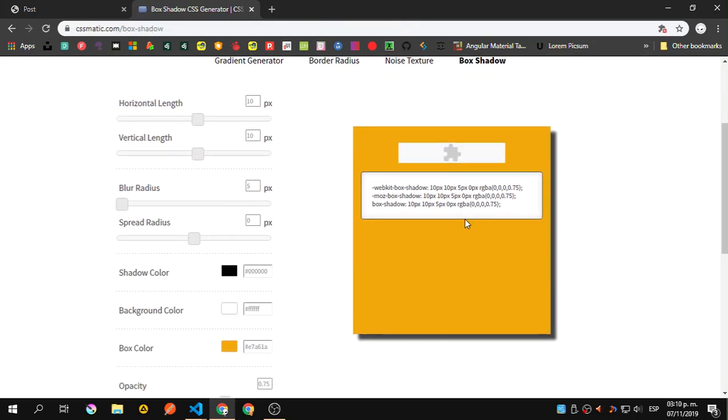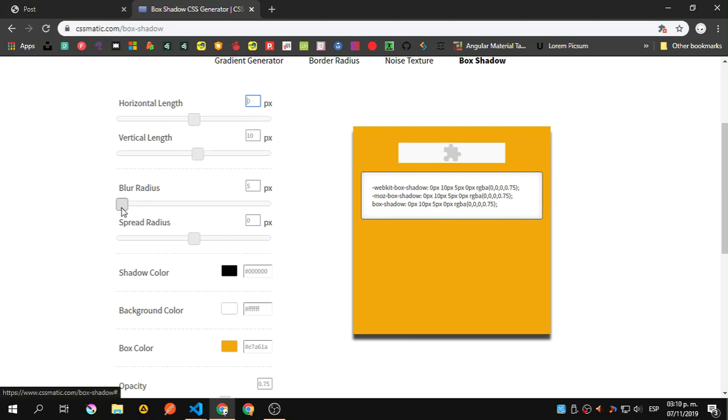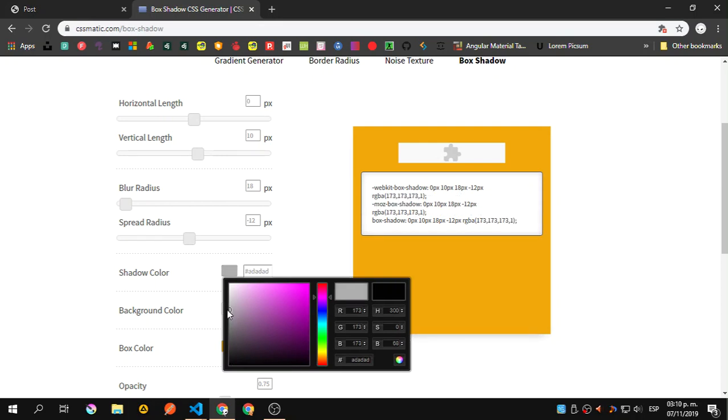Just edit this. Okay, so let's say horizontal. Let's remove that and place it in 0. Let's add some blur radius,